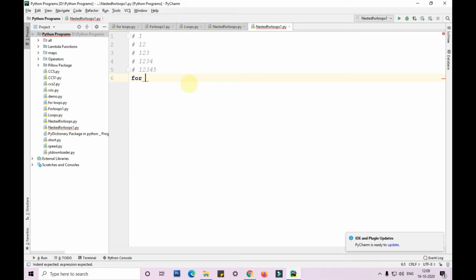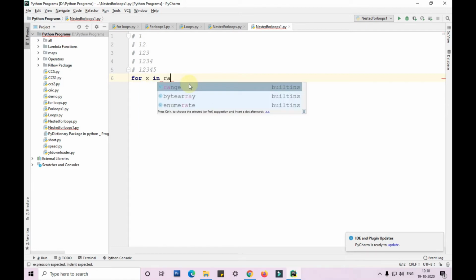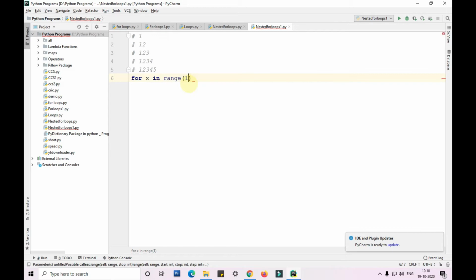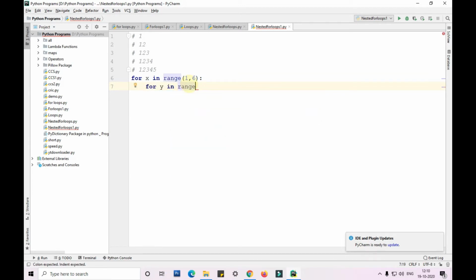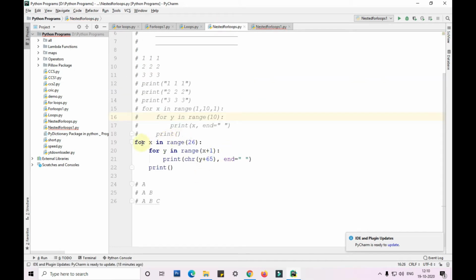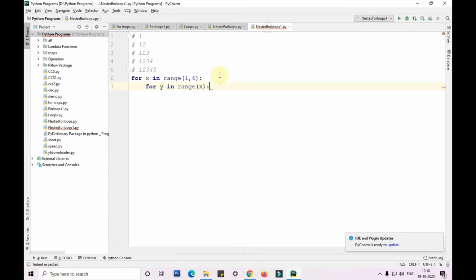For x in range of 1 to 6 colon, for y in range of x. As you have already seen here, I've taken x here for x in range of 26 and for y in range of x plus 1, so that we will print A to Z, all characters. But here I'm only taking x here. Okay,